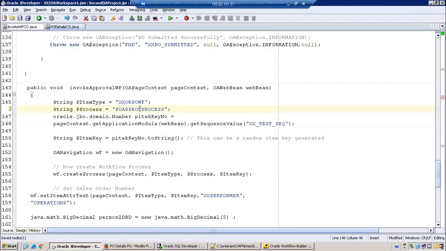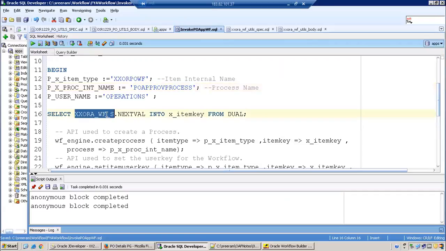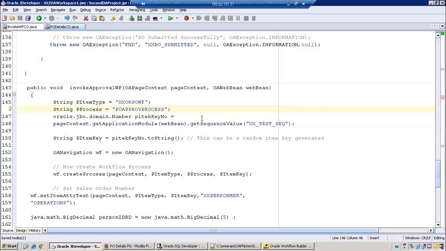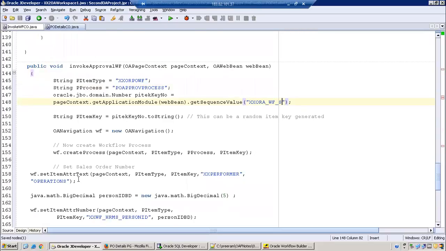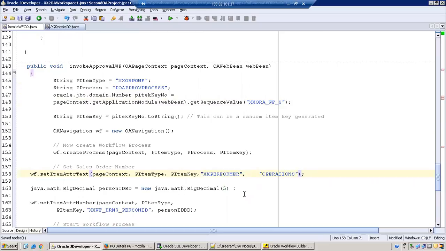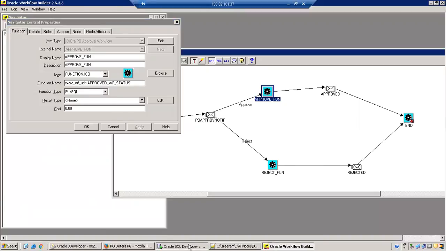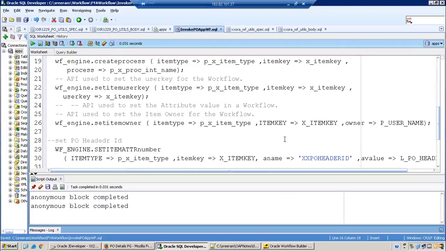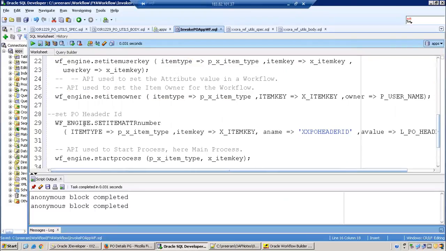Now we require a sequence. I created a sequence already, so I'll just use this sequence. Next, you require an attribute. In my case, we have a parameter, the PO header ID. From the PL/SQL point of view, the API is WF_ENGINE.SET_ITEM_ATTRIBUTE_NUMBER.